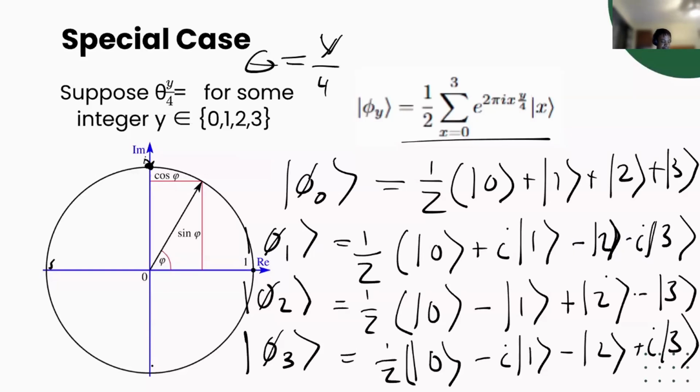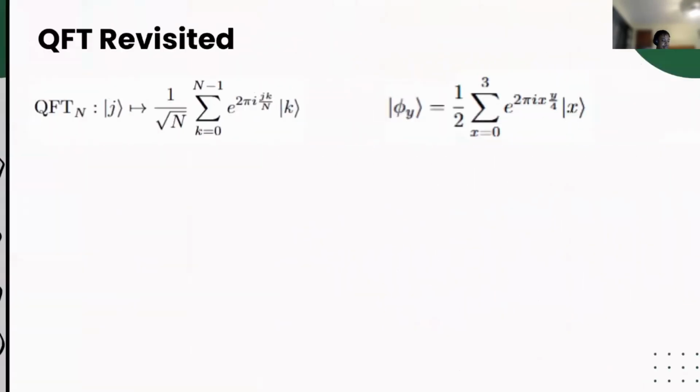And the answer is yes, because these 4 states form an orthonormal basis. And in fact, if you paid any kind of special attention, we know exactly which basis this is based on this exponential. It's the Fourier basis. So this means that if we have some unitary matrix that maps us from the Fourier basis back to the computational basis, then we can extract the value of y that we want. And we do. We defined that earlier. This is the quantum Fourier transform. So since we're already in the Fourier basis and we want to go back to the computational basis, we're going to need to apply the inverse quantum Fourier transform.